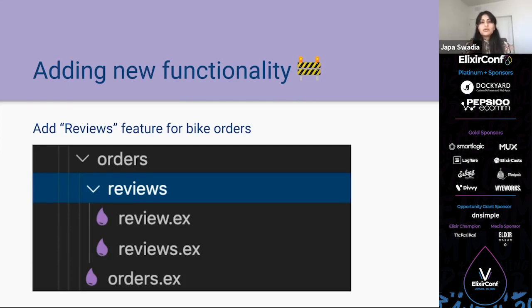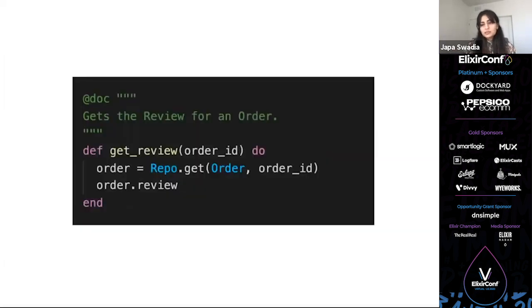Now let's talk more about adding a new functionality. So let's say the bike shop owner came to me and asked me to add a reviews feature for all the orders that they're processing. Since I already have these boundaries, it was just natural to put it under orders because the review is supposed to be associated to a particular bike order, and that's fine. I just put it in there, and then I can expose the review functionality using the orders